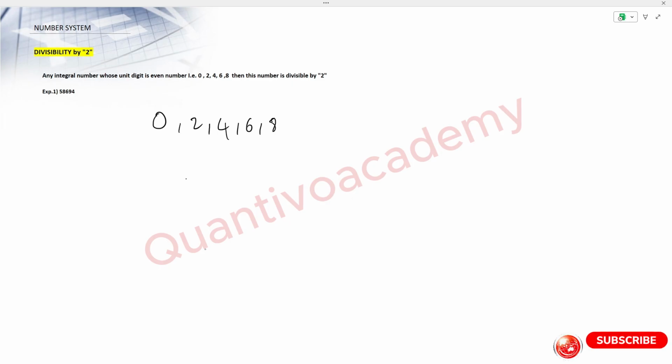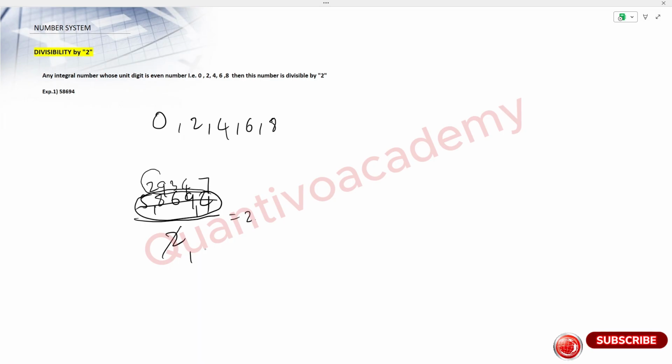Then these numbers will be divisible by 2. Let's understand this divisibility with an example question, that is 58694. Let's divide this number by 2. 2 ones are 2, 2 twos are 4, 2 nines are 18, 2 threes are 6, 2 fours are 8,